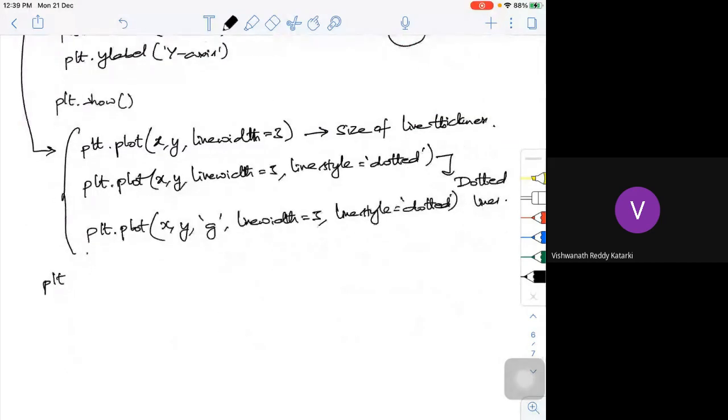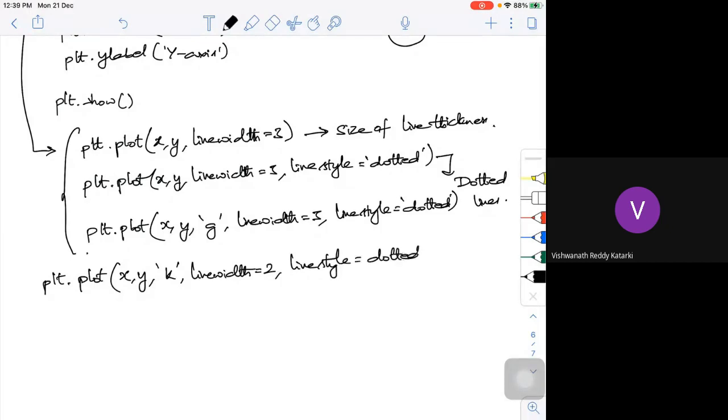Say if you want to plot, plt.plot, that is x comma y. If I want to change the color from green to black, I will just put K. Then line width; instead of 3, let it be 2, it doesn't matter. Line style is equal to dotted, with single inverted commas. Now marker, let it be an O type marker.